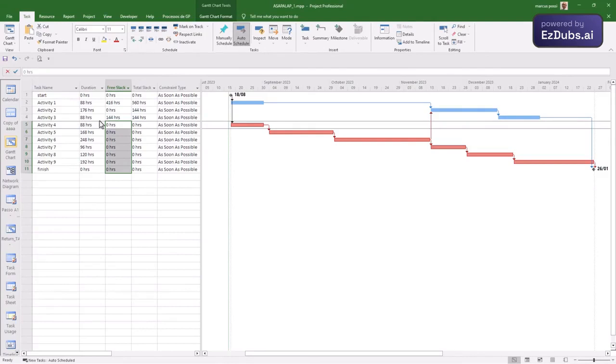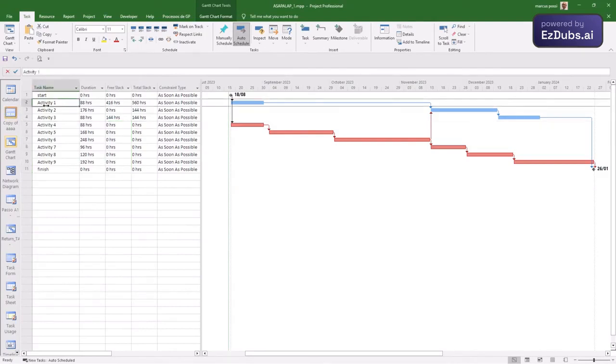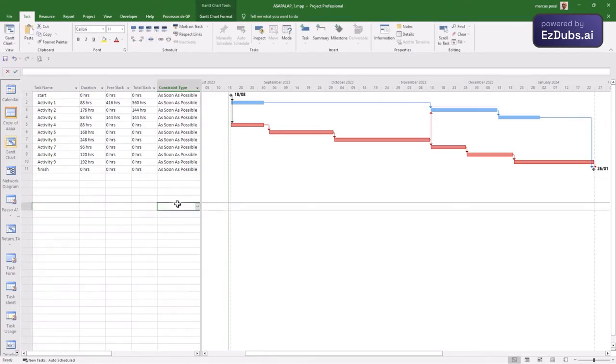Now see what happens when I ask activity 1 to be done as late as possible. Why do I want to do it as late as possible? Because I don't want the group in this branch to stop for 416 hours and then continue. I want it to work evenly, regularly, without downtime, all the time. So for that, I'm not going to perform as soon as possible. I will choose as late as possible. And as late as possible, the activity will, without disturbing anyone, move toward the beginning of the activity.